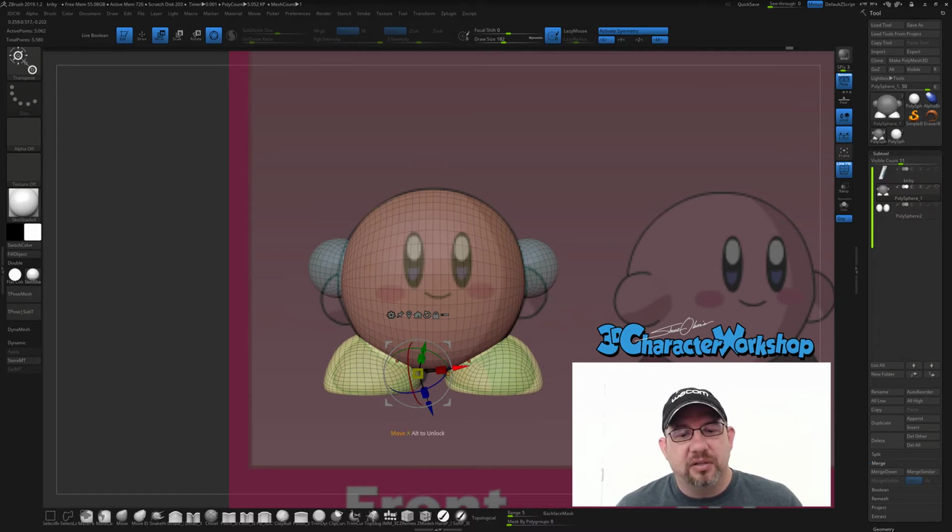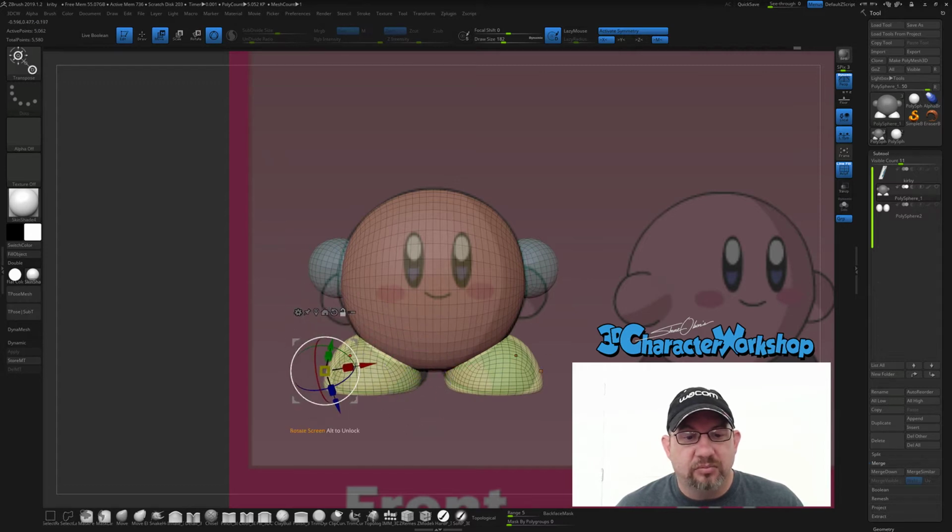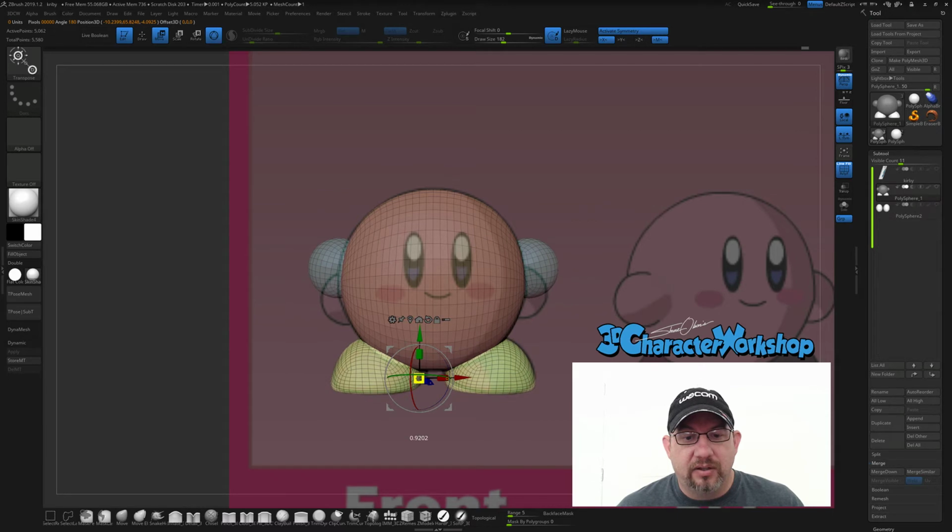If you have local symmetry on, it's going to scale. This actually looks the same, but let me move the gizmo over here. It's going to scale to the point of the gizmo. Otherwise, it's going to scale to the center of the character no matter where your gizmo is, okay? So that's what local symmetry means. So let's turn that on, snap our gizmo over here, and then scale it down to match the proportions of